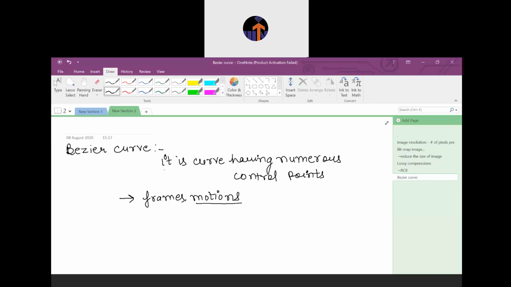That is done by using the Bezier curve. And according to this curve, if you change the control points, the curve will change.